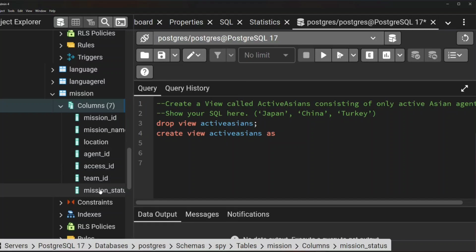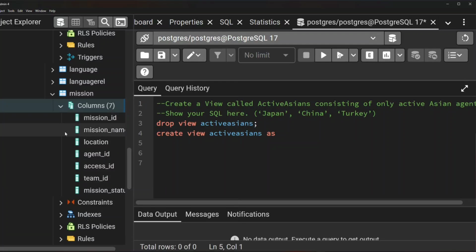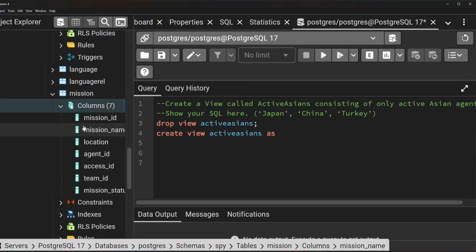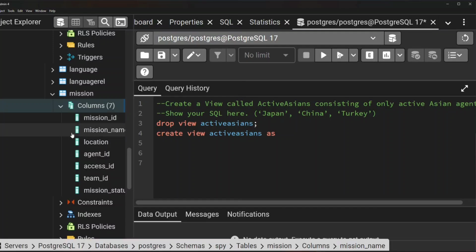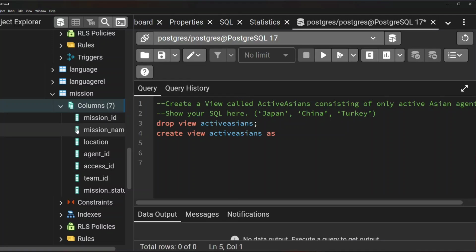But that's why it's important to understand the information that you have on your tables, so that you don't just join columns blindly. Because if we did that, it would imply that individuals went on missions. But having knowledge of the SPY dataset, we do know that individuals don't just go on missions, teams go on missions. So we'd have to get to the missions table through the teams table, if that makes sense. So that is what we are going to do,